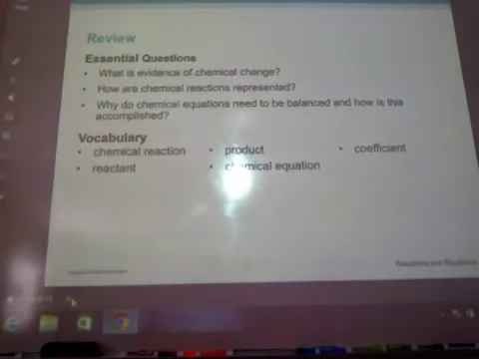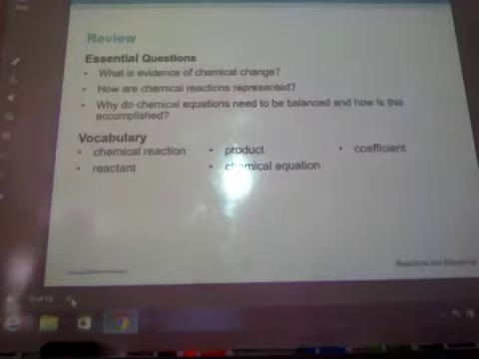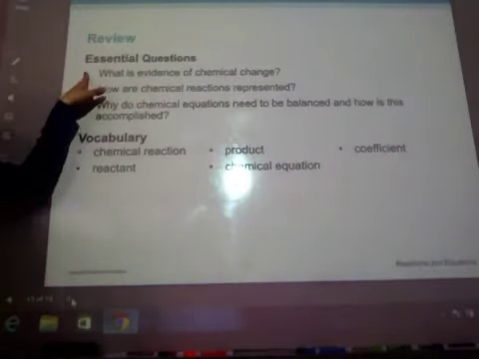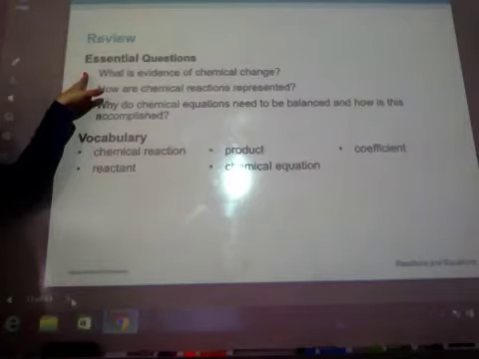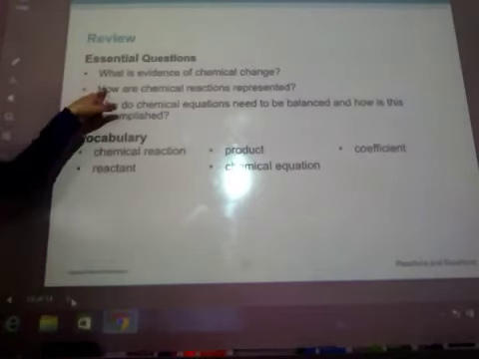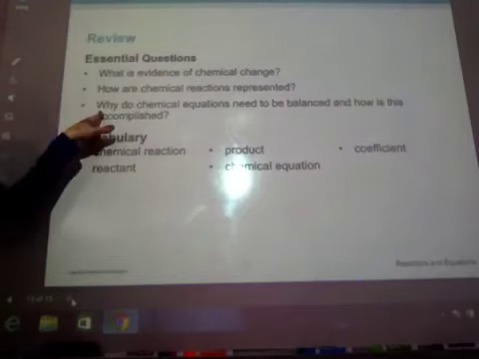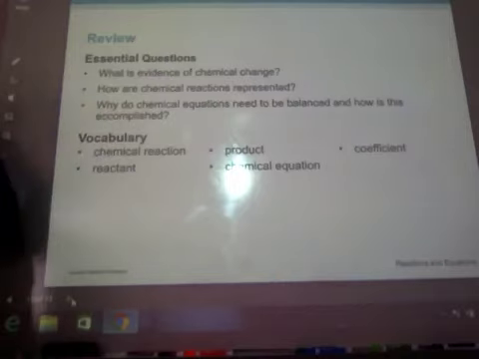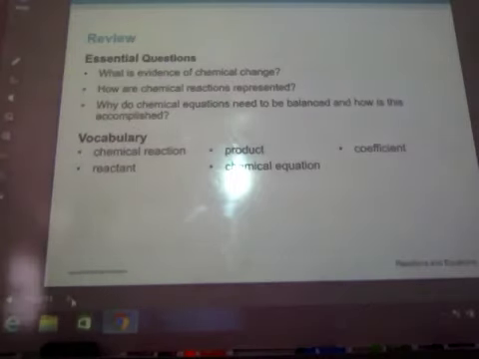And the last page is your review. So evidence, that's an important slide. Make sure you know the things that we look for when we do a chemical change. Make sure you know that table that shows all the different signs, and then balancing equations, we'll simply practice how to do that. And that's all of section 1.